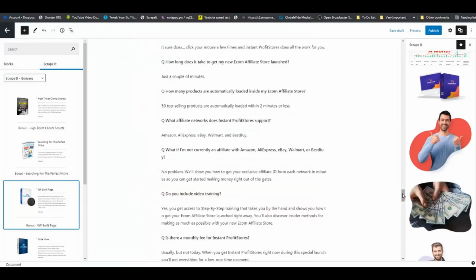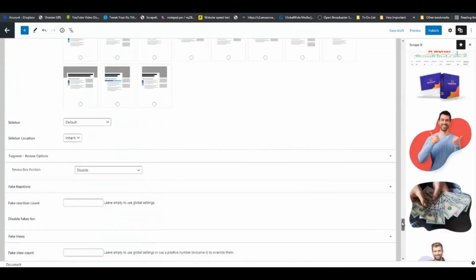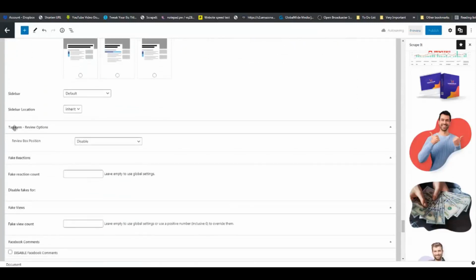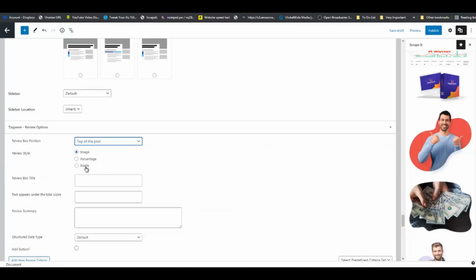So scrolling right down to the bottom of the page, you are going to see Tagine review options right here, top of the post. I'm going to use points, instant profit stores, I'm going to put awesome here,